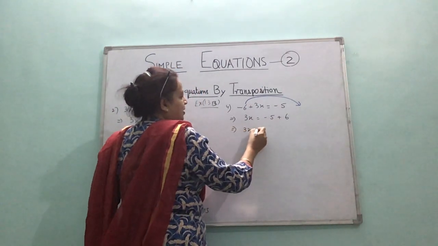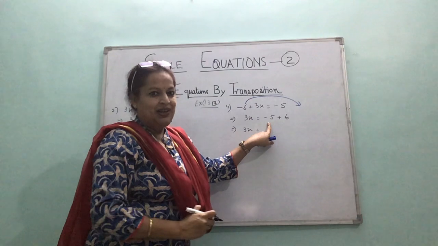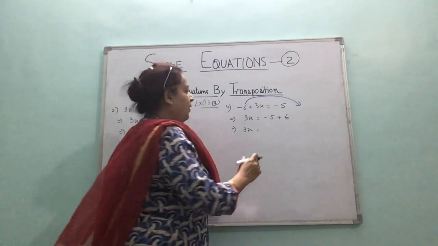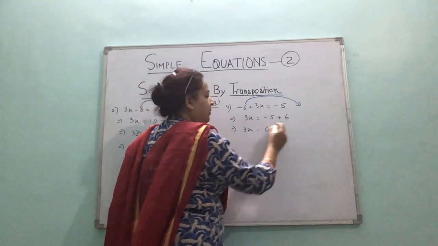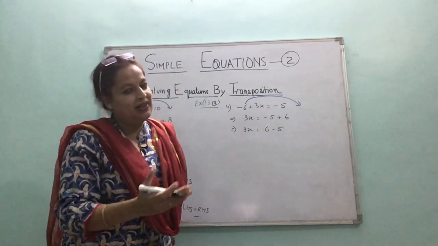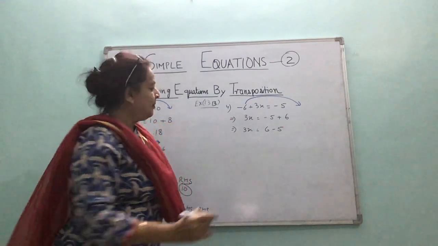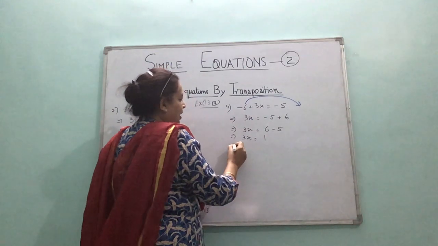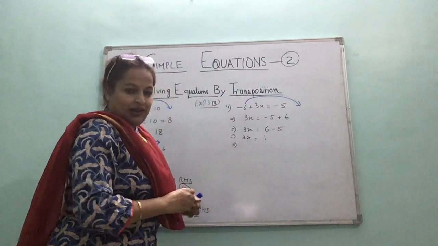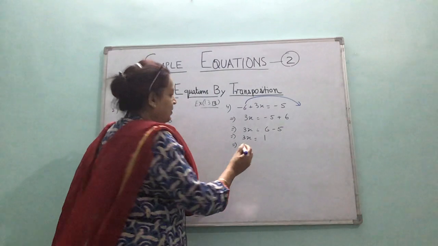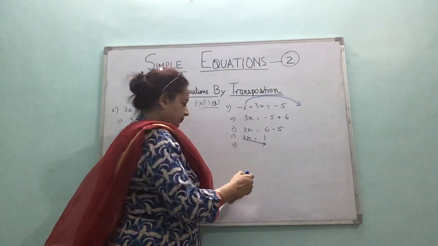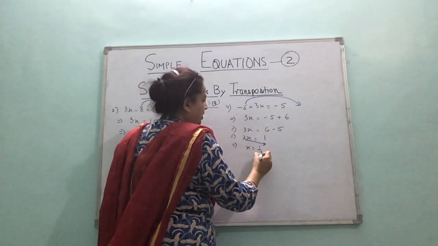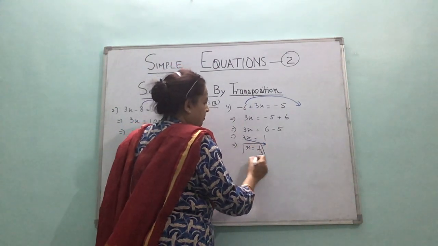Well, children, again a word of caution here. Remember, opposite sign we always subtract, don't add up this, or if you have any difficulty, please put always positive values first and then negative, you will not make a mistake. So what you get? 3x is equal to 1. Now if it is multiplying, it cross multiplies and the sign does not change. So 3 would divide. So the value of x would be 1 by 3. This is my work.